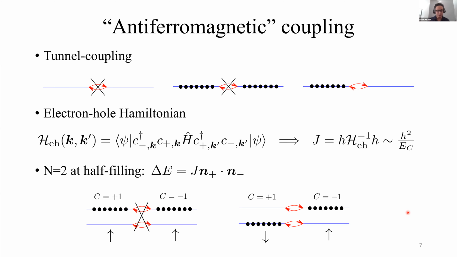The 0 Chern sector is labeled by 2 pseudo-spin vectors. And these pseudo-spin vectors have a tendency to order ferromagnetically within the same sector and antiferromagnetically between the Chern sectors. So I here introduce some stiffness that controls the tendency to magnetic ordering, and this will be controlled by the interaction scale. And this J is, as I said, the tunneling scale squared over the interaction. So let us now see what happens if we add charge to this system.